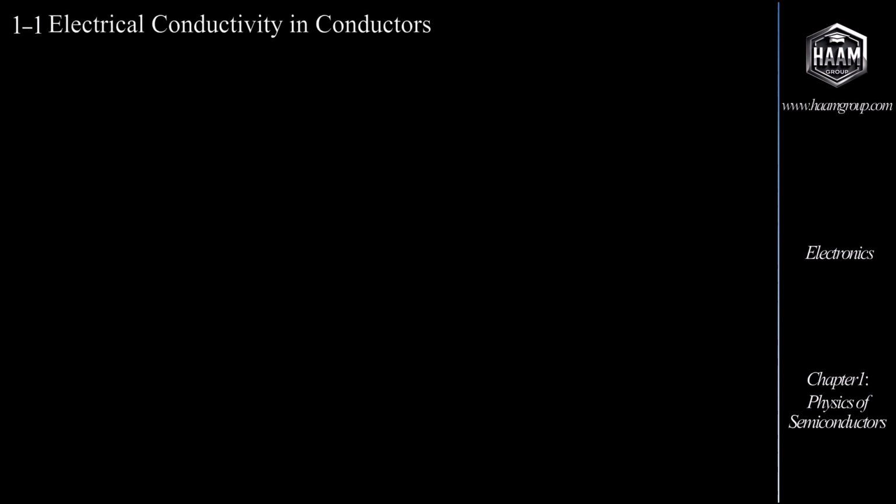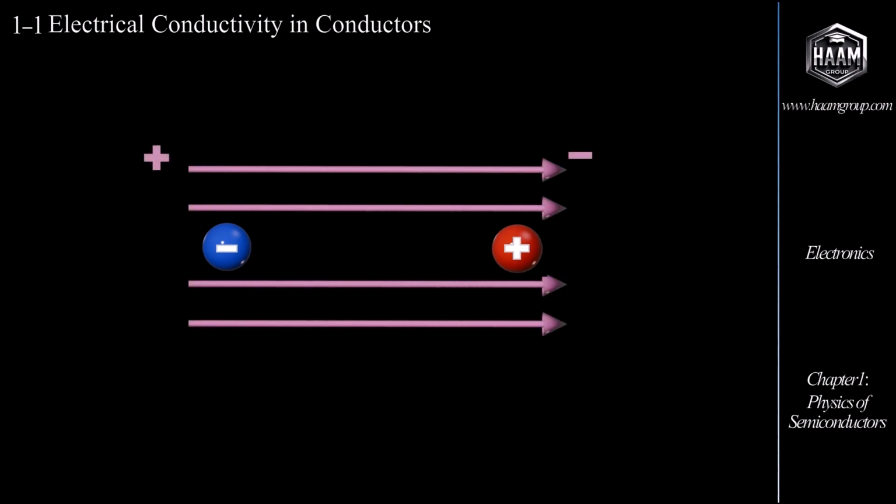Electrical conductivity in conductors. To generate a conduction current, electric charges must move along a path. These charges can be positive, negative, or both. To set the charges in motion, an electric field must be applied. When an electric field is applied, for example from left to right, by convention, the field direction points from positive